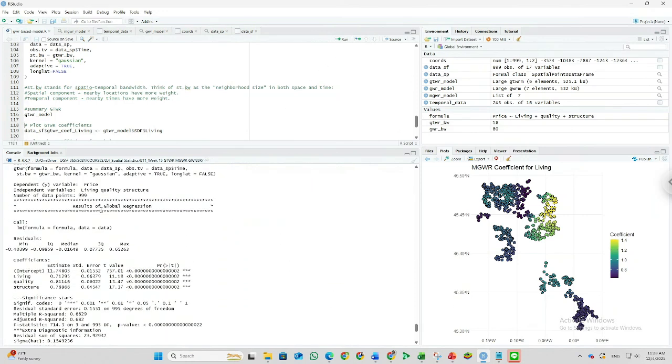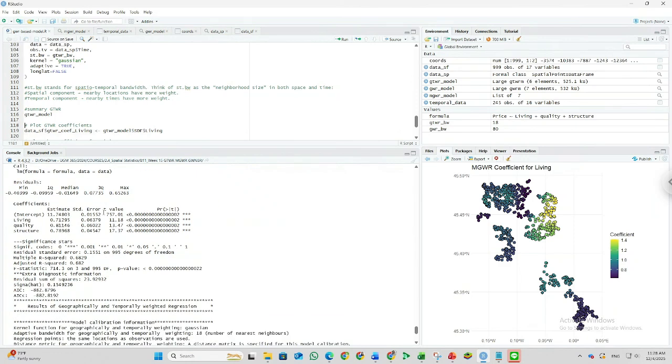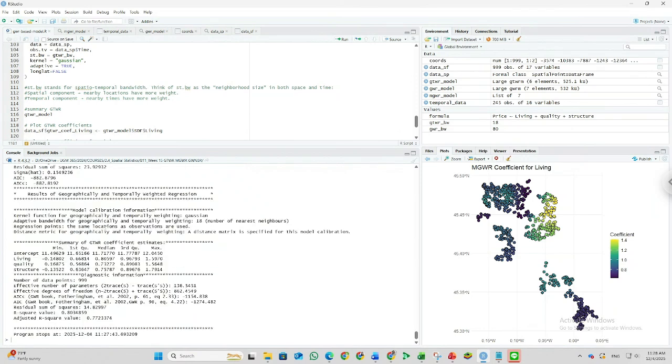This also provides your result about the global regression. You can skip it. I think the result is the same as what we got in the GWR, so we can focus on the result of the GTWR. The bandwidth is 18.